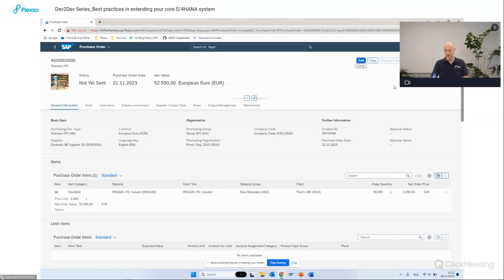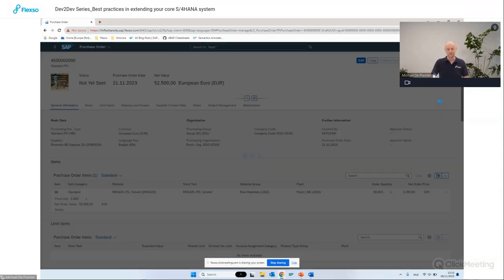So what can I do here? I can click on my person, and you see I have a menu option, Adapt UI. Adapt UI is part of the key user accessibility framework, and it can be made available for you if you assign a certain role to your user, and then you can start adapting standard UIs in the key user accessibility framework. So I click on it,